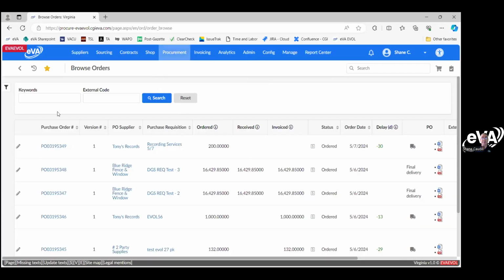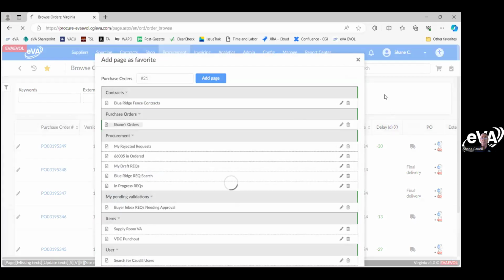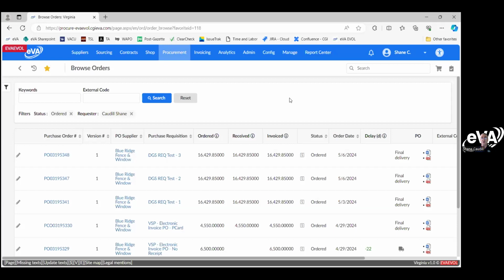And I bring this up, and actually I've made a special search just so we can just see my orders. There's a specific save you can do in your favorites. You can do all sorts of cool stuff in your favorites. So these are the orders I've cut in this evolution environment. Excuse me, you'll see a lot of repeats and some stuff like that because it is a test environment